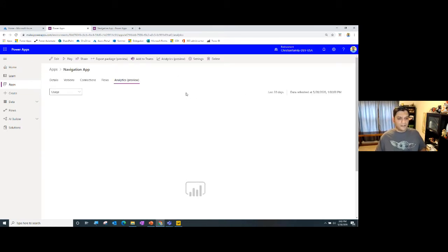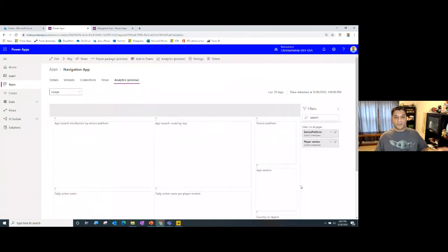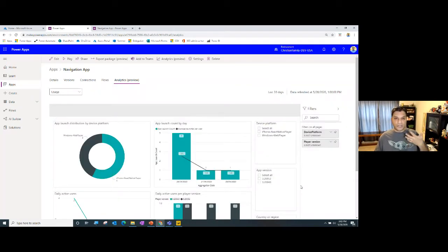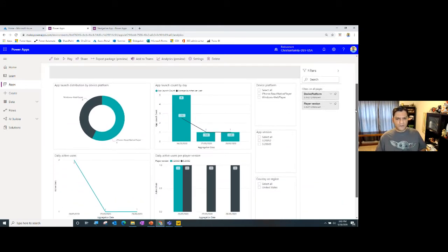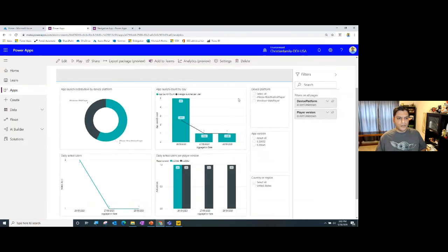As I click on it, you'll notice that there's the Power BI logo over there. That should tell you that the feed is coming from the back end, but the reports are directly shown on Power BI. So that's basically the beauty of it over here. So let's look at it for a while, all right? Let me make this a little bigger for you. For that app, it tells me a couple of things right off the bat. It tells me what were the devices and the platforms used.